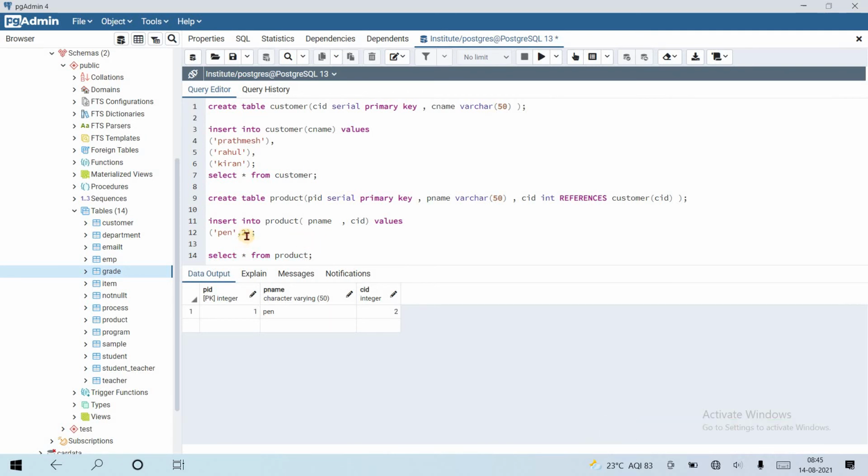Let's check inserting invalid data. We know that CID has only 3 values, 1, 2, 3.